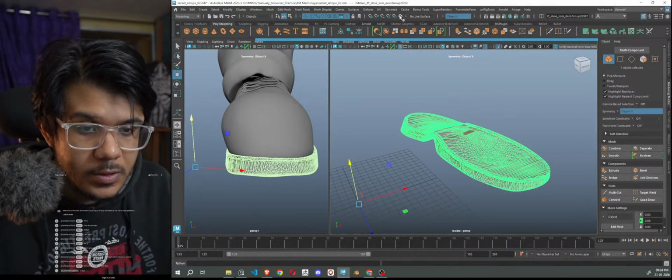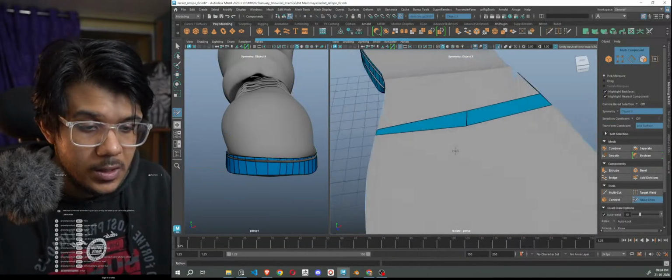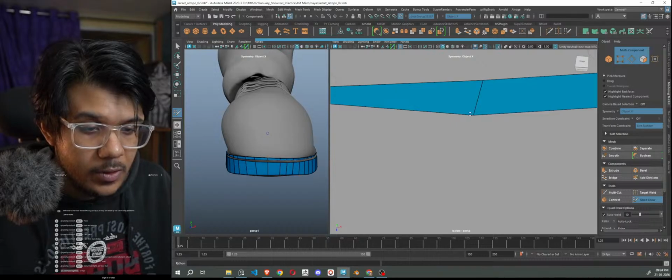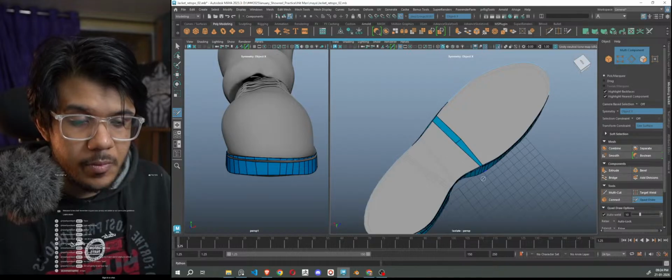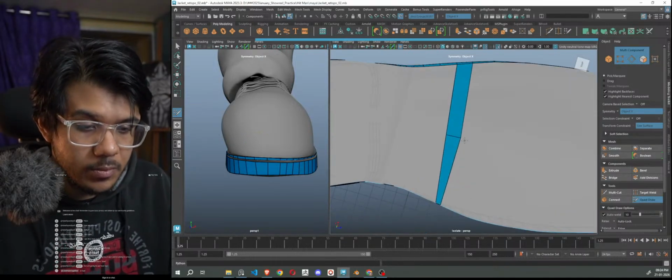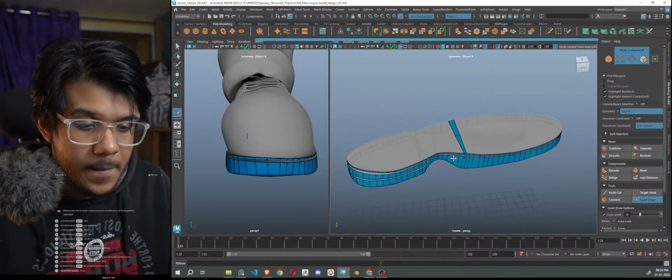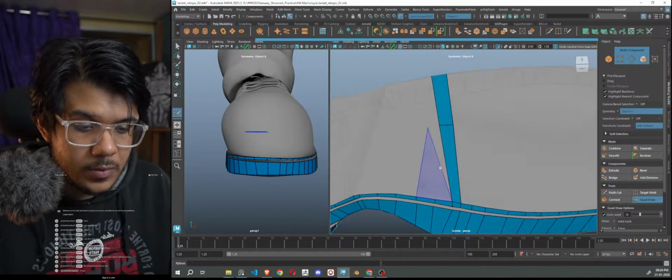Let me put this back into live mode. Now I'll select this, and I think now it should join properly. Now we are not in soft selection mode. Yes, it joined properly. So we were basically in our soft selection mode. I just disabled that using my B hotkey. Now I have to continue doing this,